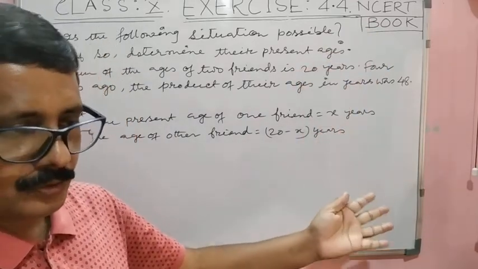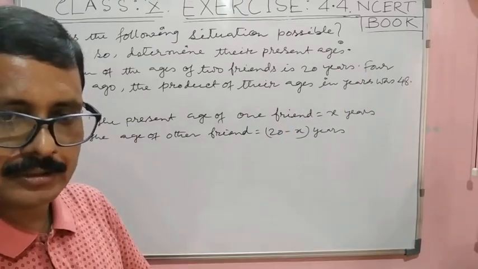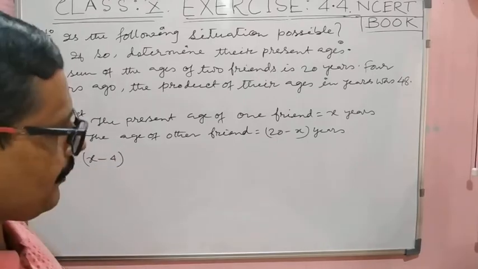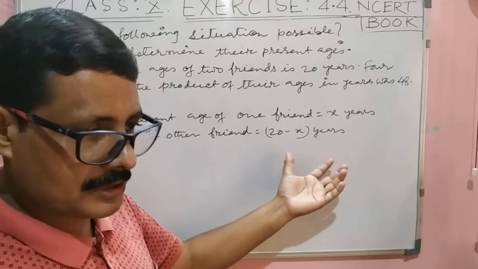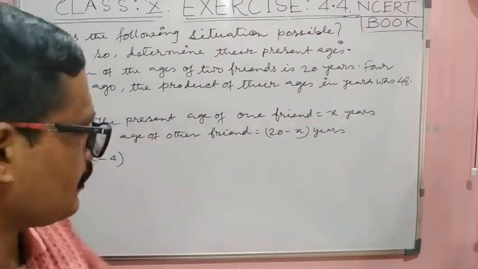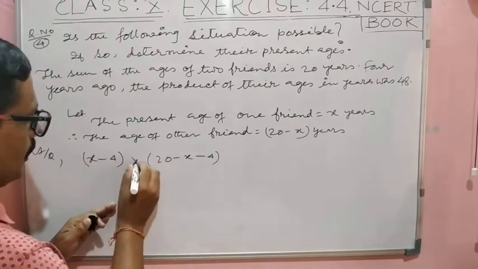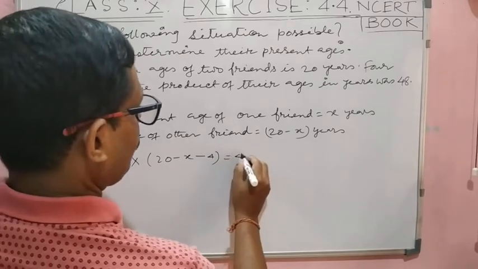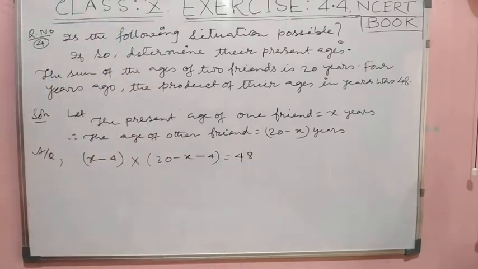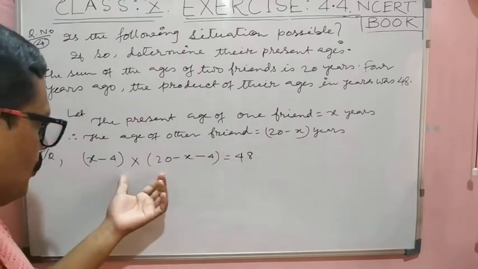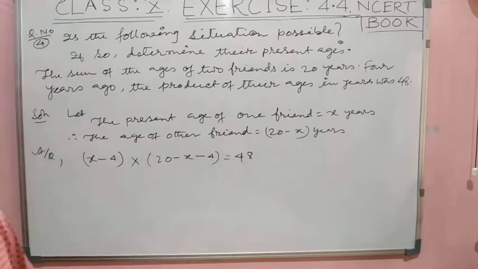है, तो 4 साल पहले कम था, डेफिनेटली कम था, तो कम का मतलब x माइनस 4। और एक फ्रेंड का प्रेजेंट एज ये है 20 माइनस एक्स, तो उसका भी 4 साल पहले कम था, कम का मतलब कितना होगा 20 माइनस एक्स माइनस 4, और ये दोनों को प्रोडक्ट करने के बाद कितना मिलेगा 48। Got it? So this is the age of one friend 4 years ago, और 4 साल पहले इस फ्रेंड का एज, दोनों एज को प्रोडक्ट किया तो 48 मिलेगा।